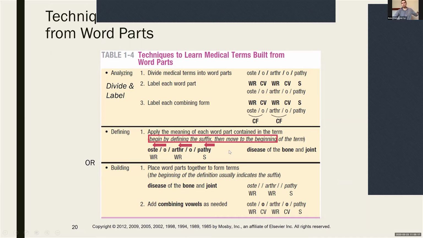So again, working backwards, pathy. So we know that that's disease. If we had to look that up, that's fine. And then we're just going to straight jump over to what the word root is, arthr. So that's the word root. We know that means joint. And then oste, we know that that means bone. So we've got two word roots. We've got one suffix. We know that we have disease and that it has to do with bones and joints. So then we just add the combining vowels in order to make that easier to say. So that's going to help us define that process,